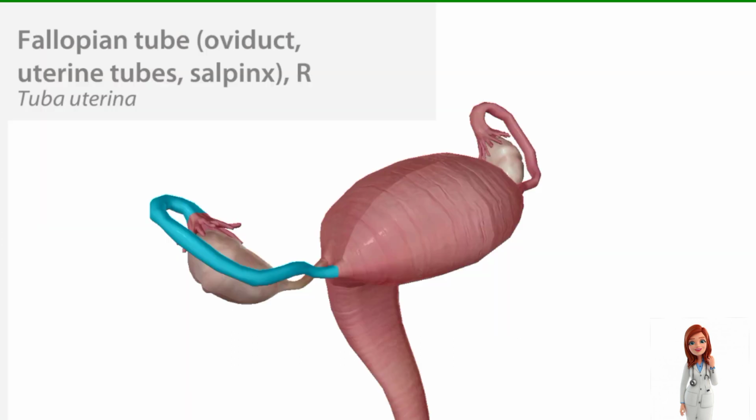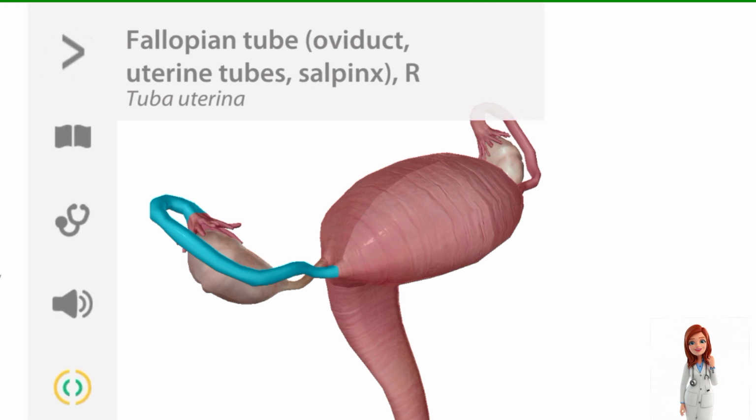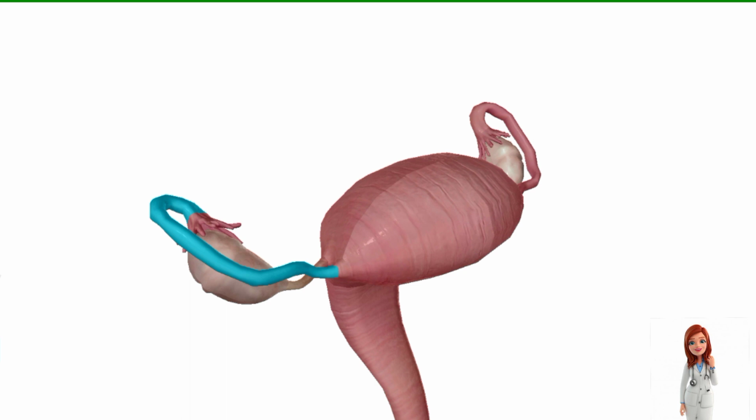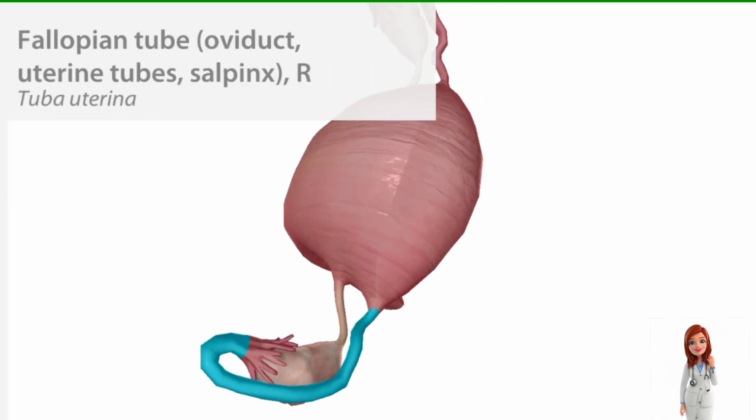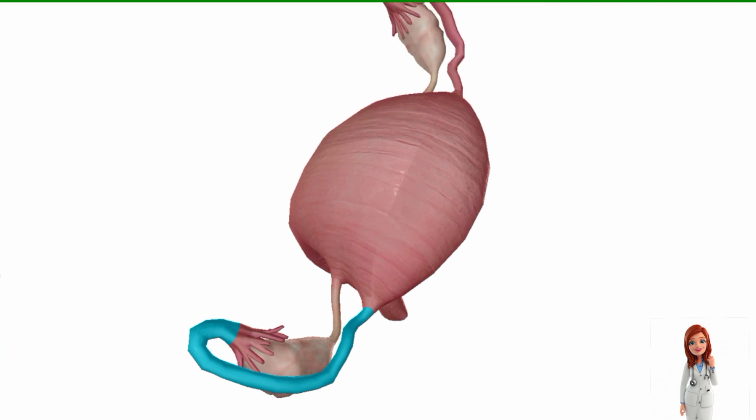Fallopian tubes, also known as oviduct, uterine tubes, or the salpinx, are a tortuous duct which convey the oocyte from the ovary to the uterus. It has 4 parts, which includes the intramural part, isthmus, ampulla, and the infundibulum. Ampulla is that part where the fertilization occurs. The last part, which was known as infundibulum, contains several finger-like processes which are known as the fimbriae. Out of these fimbriae, one is the largest one, which is known as the ovarian fimbria.